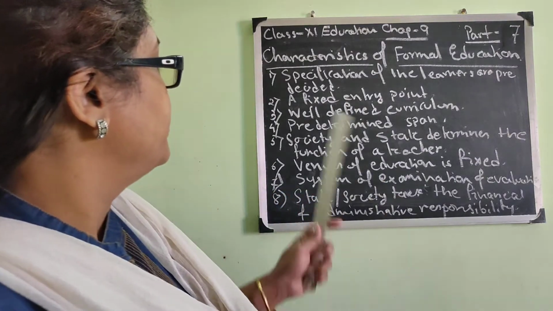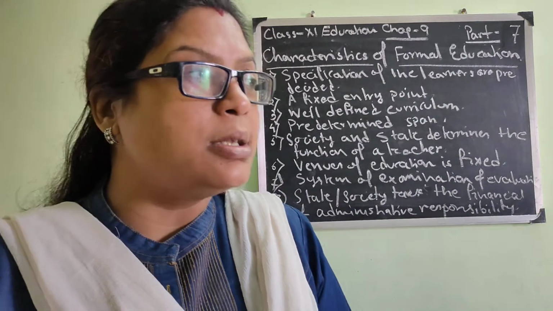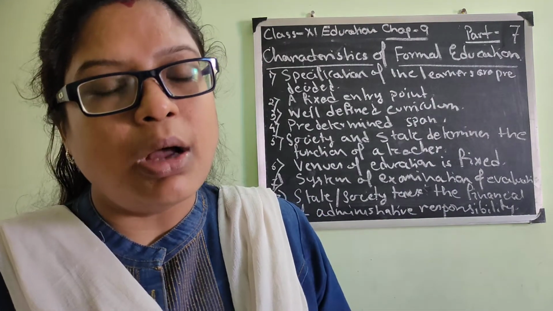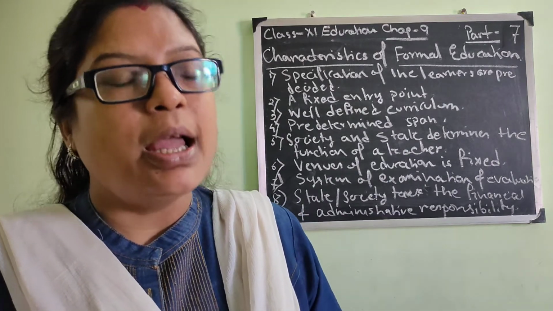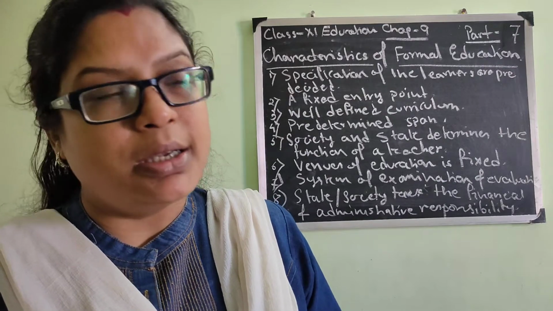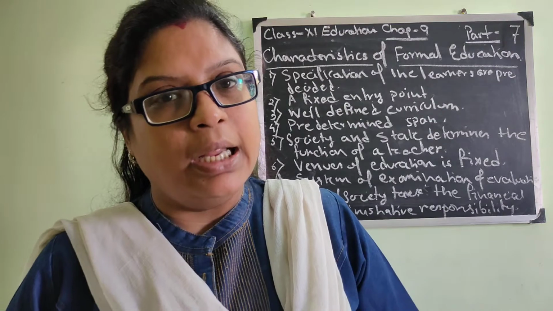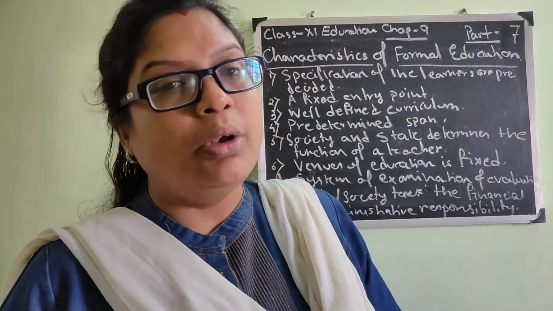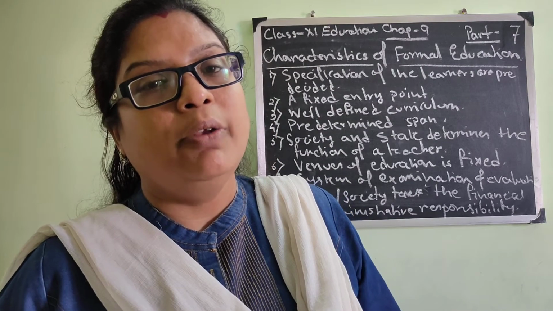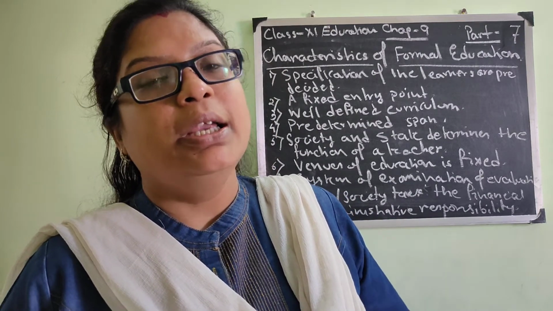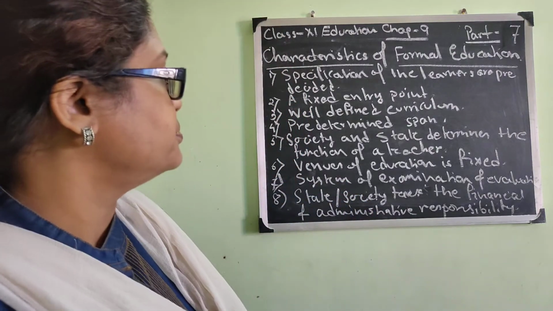Next, well-defined curriculum. It is obvious what a child is learning in class 10. When they go up to college life, they will not learn the same thing. It is fixed, and the curriculum is suitable according to the age of the learner and what they are learning. The curriculum is pre-decided by the board, and what curriculum they will follow in each and every year is fixed for all ages and all the classes.